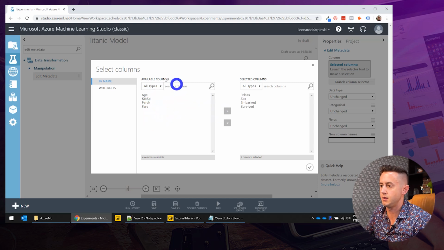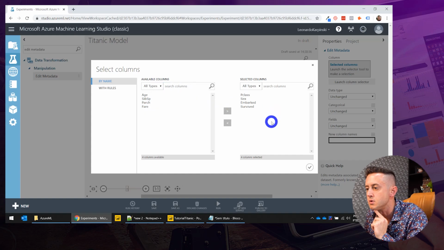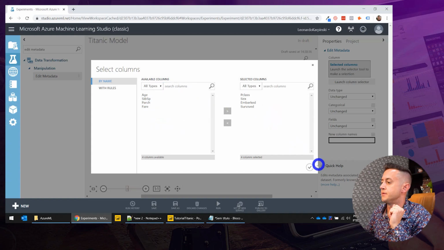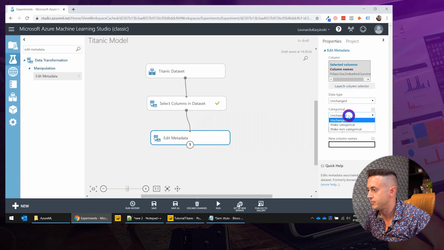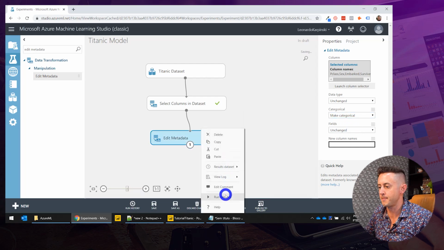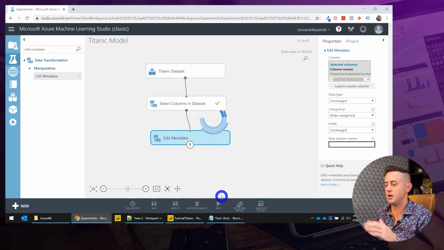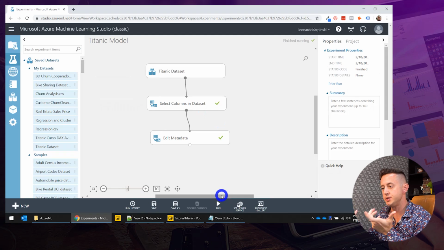So numbers on the left side, categories on the right side. Okay, that's it. Perfect. And here you have to change categorical, make categorical. That's all. Now you can run selected, right click, run selected, and we are gonna see that the distribution changes,